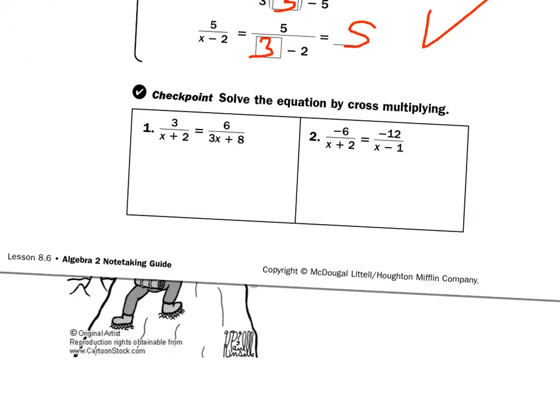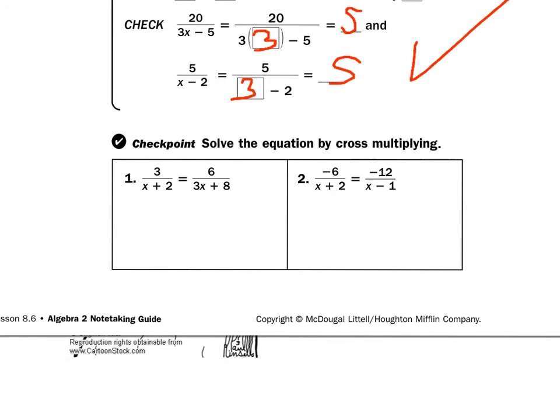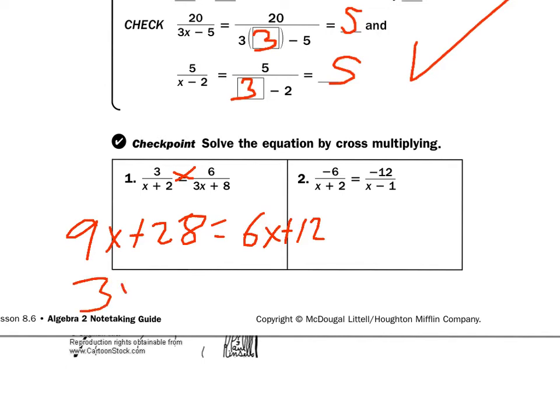You guys go ahead and cross multiply checkpoint number 1. Let's see how you do with that. Pause it, take a moment. All right. So hopefully you ended up with, when you cross multiplied this, 9x plus 24, and when you cross multiplied this, 6x plus 12, minus 6x got you 3x, minus 28 got you negative,